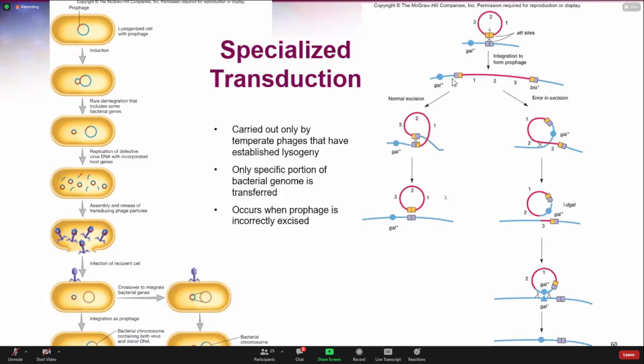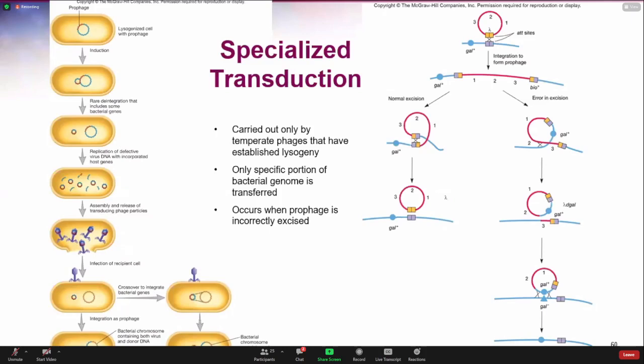And when it inserts itself, it's sitting next to either the gal genes or the biotin genes. And so if errors are made during the excision, then you can have either the gal gene or the biotin gene become a part of this